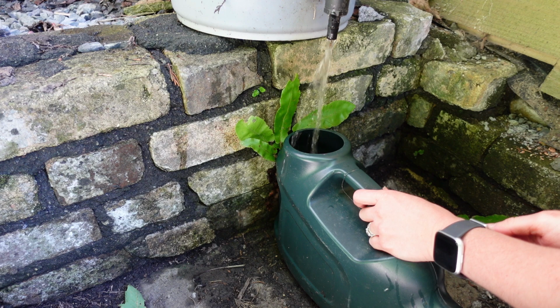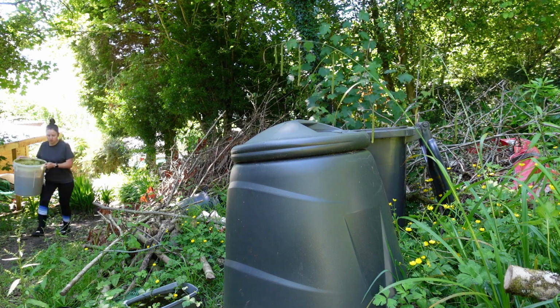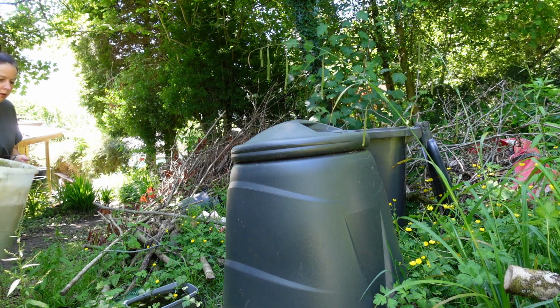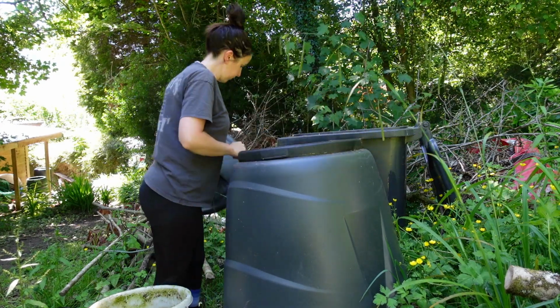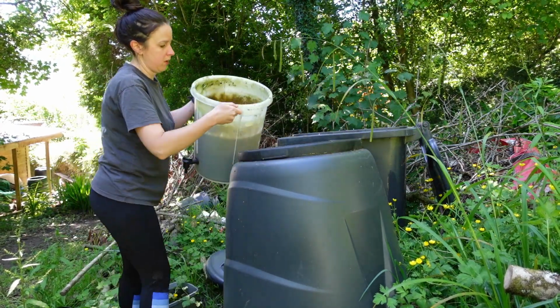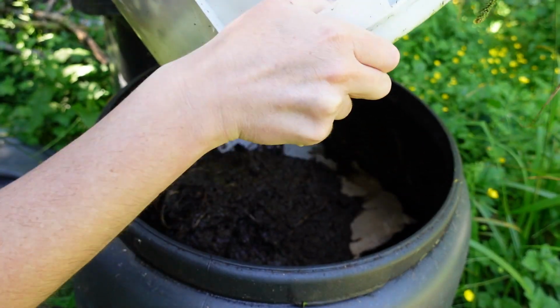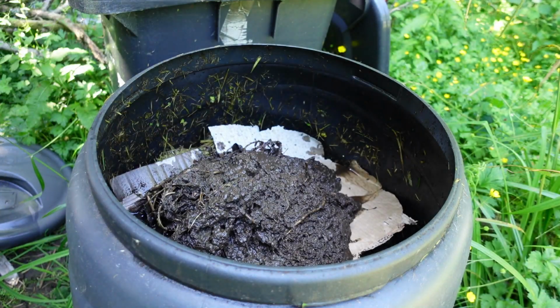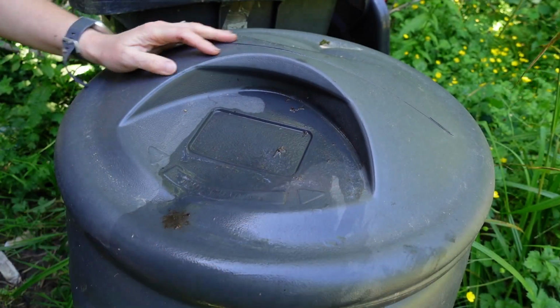Sometimes I keep topping it up over time, and about once every 6 months or so, I do empty it, because it does get pretty manky and I feel that I've had all the nutrients out of it. Just chuck it straight onto the compost heap, and as you can see on that compost heap, it is pretty wet and pretty disgusting really. So you might find you want to let it dry out in the sunlight before you add it to your